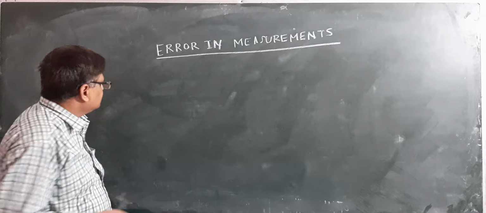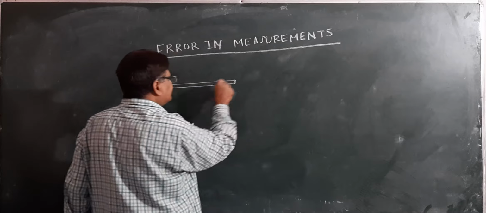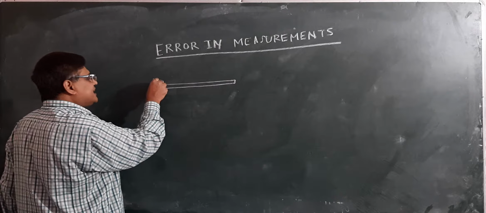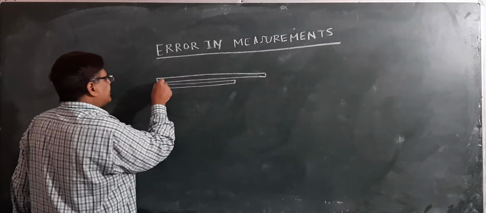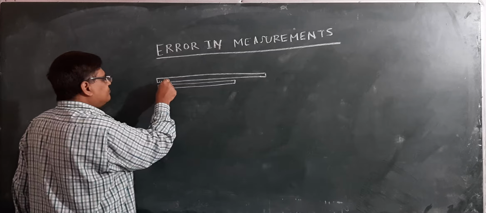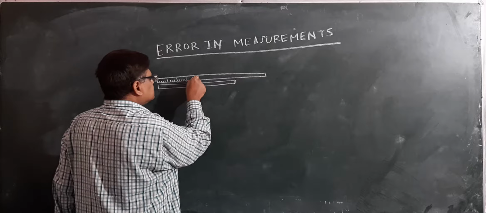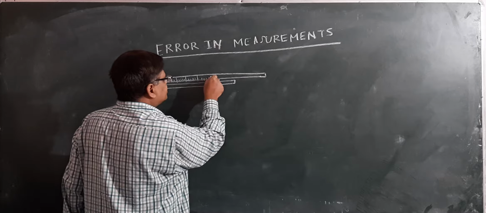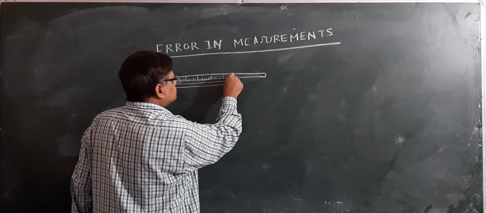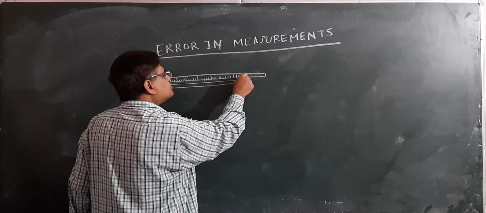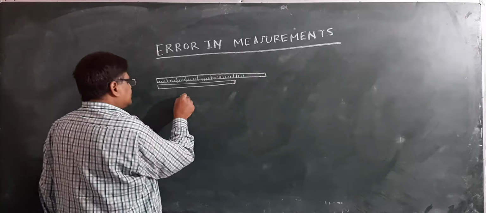Suppose we are measuring length. If we are measuring length, suppose this is a desk, we want to measure the length of this desk. What we do is we'll put a scale over here. There is the scale. Graduations are made on the surface of the scale like this. You know how to measure it. And so on. So, suppose you have to measure the length of this desk. This is the desk.